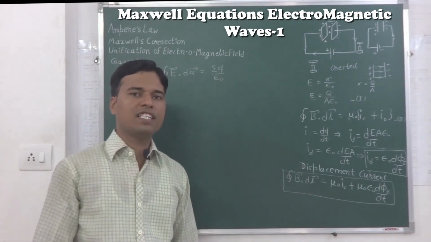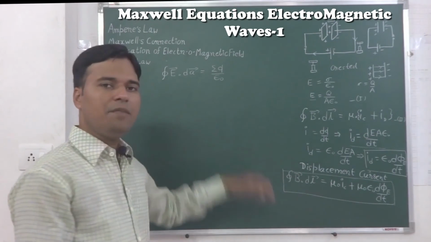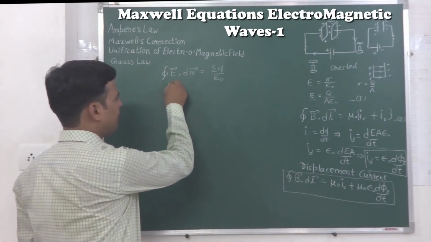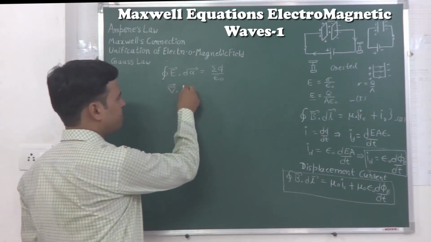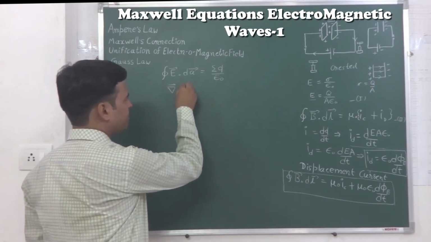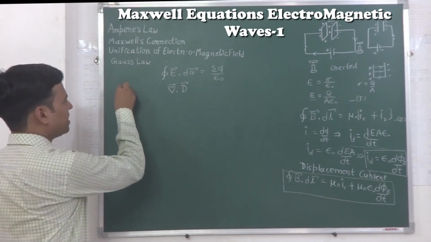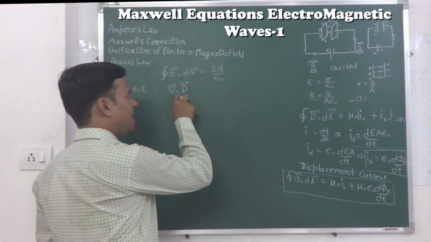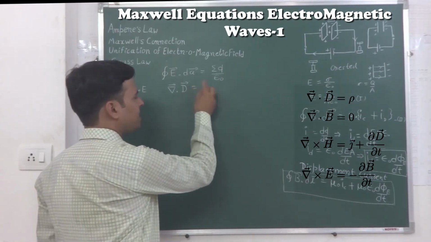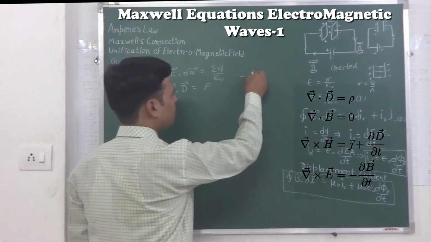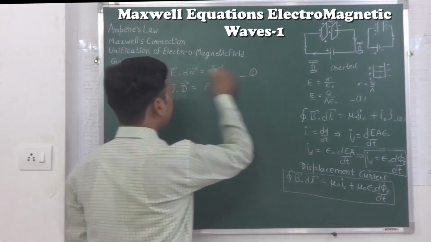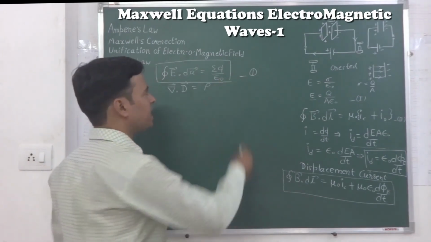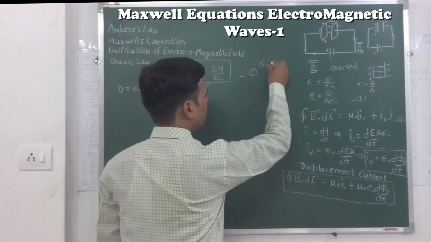After the modification, this equation will be converted into del vector dot D vector, where D is equal to epsilon naught E. Del dot D vector is equal to rho. For you, it is enough to know this is the first equation of Maxwell, which is from the Gauss Law